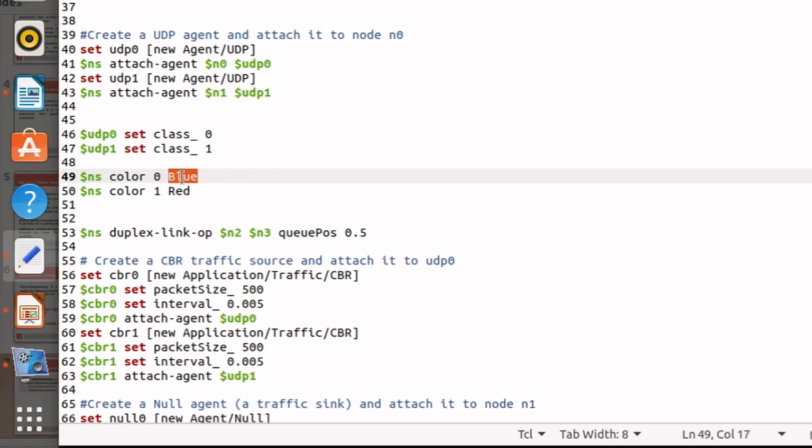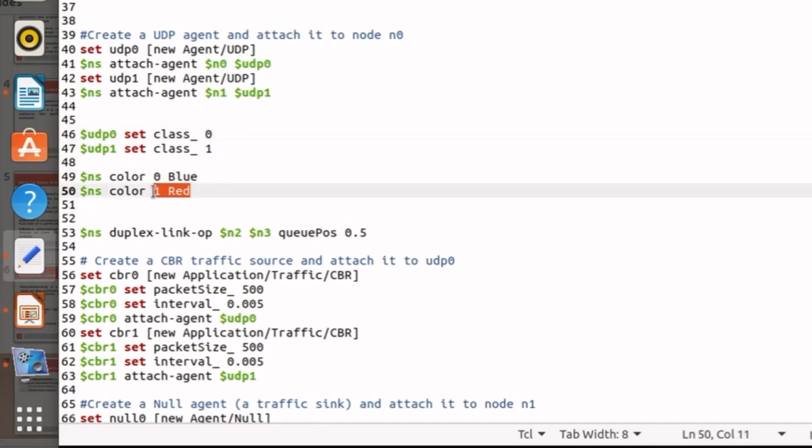It means the packets transmitted through UDP 0 will be of blue color. The class underscore is a keyword. We will have to use it the same way, otherwise there will be an error. So packets transmitted through UDP 1 will be of red color.